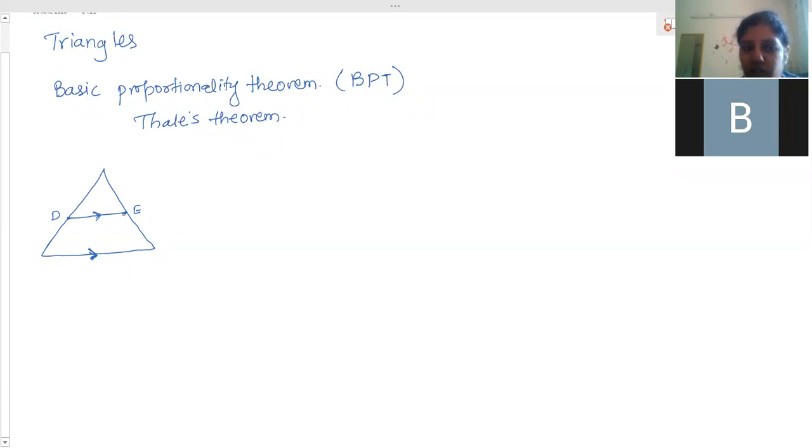This means a line joining D and E of sides AB and AC. D is a distinct point on AB and E is on AC. Then if this DE is parallel to BC, this line DE divides two sides of the triangle in equal proportion. Now DE divides AB in which parts? What are the parts DE will make with AB?